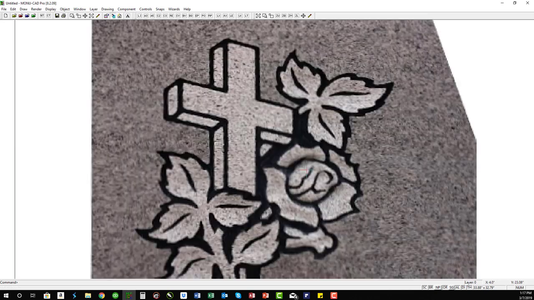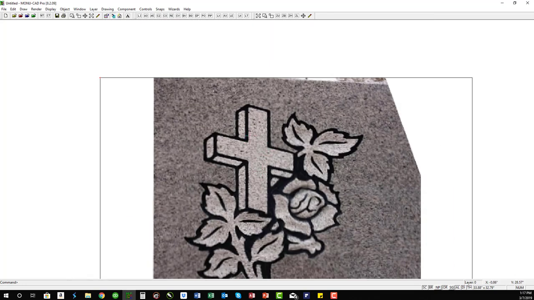I've already straightened this image using Photoshop to straighten and secure our image. We could do this with a scan, so we could scan a document and pull up a document here as well as a JPEG. The next thing we want to do is scale this image so that we're